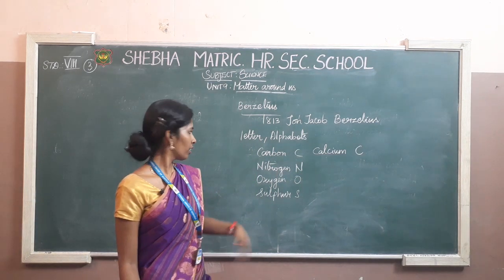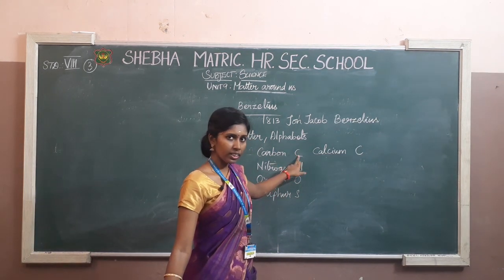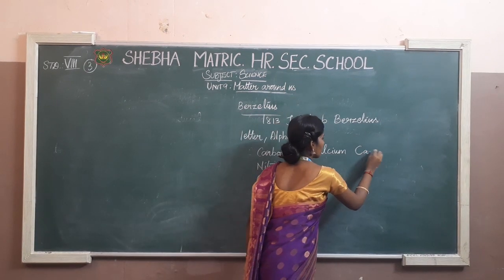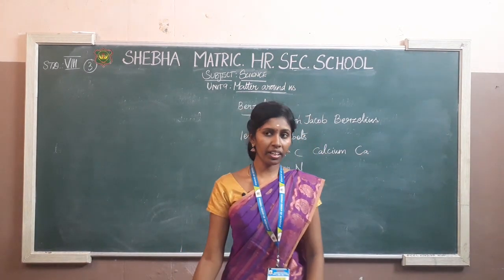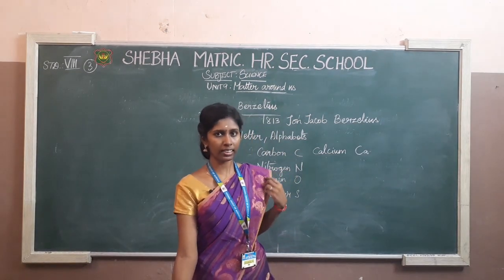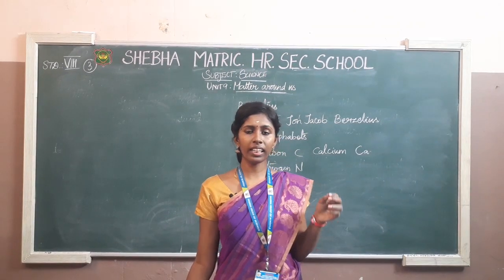The first one is a bigger alphabetic symbol, and the other is a smaller alphabetic symbol. So day by day it changed. After that, when the first and second symbols are the same, for example calcium and